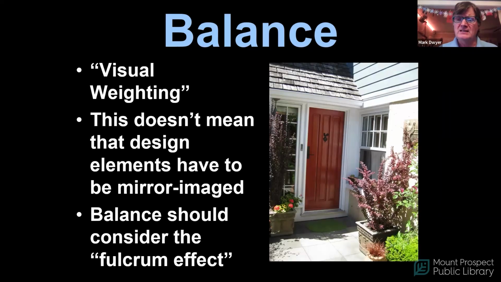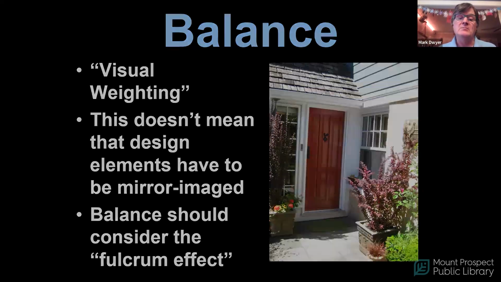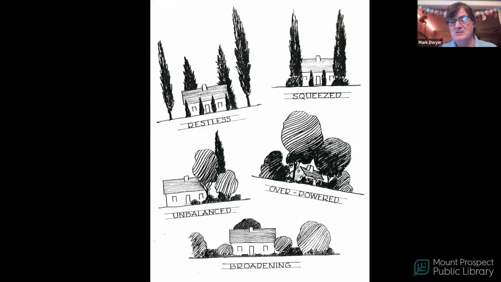Visual balance, the idea I alluded to, sometimes comes with time. It doesn't mean that you have to remember the image of the floating house with just 2 globe arborvitae in the front. That's balance. That was beautifully balanced, but it's lacking everything else. Balance considers the fulcrum effect, the idea that when you're looking out upon a landscape, it just looks like it fits. I'm not verbalizing it real well, but it does come in time as landscapes age. And back to that 1950s landscape book,